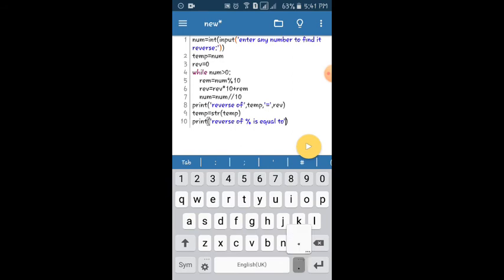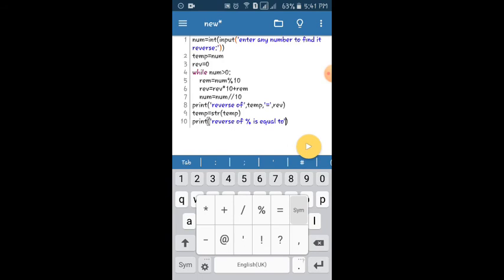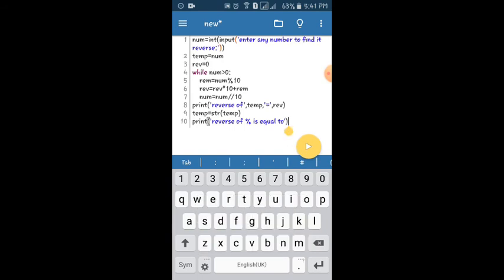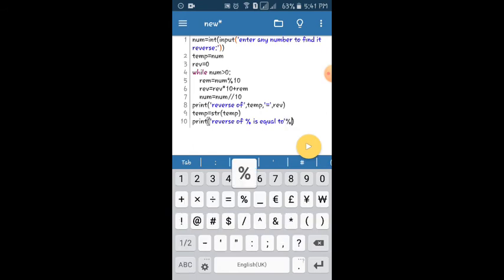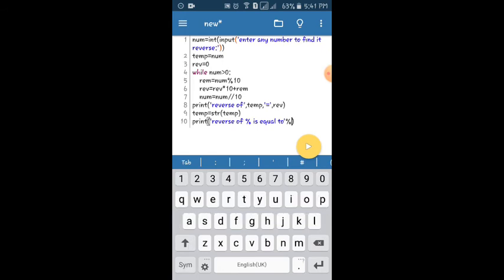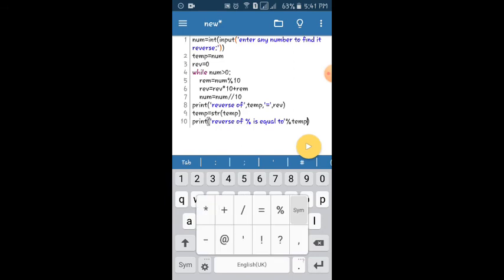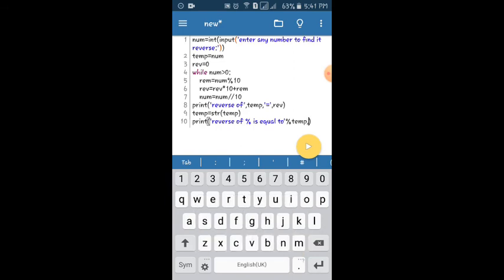First we have to specify what the mod is. mod is equal to temp, then square brackets with temp.